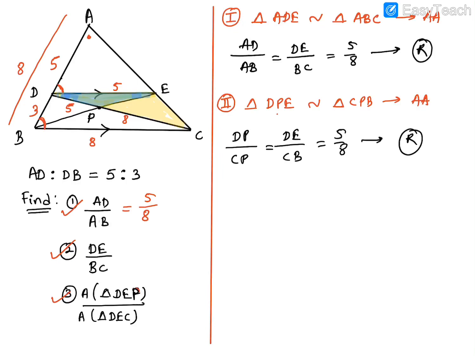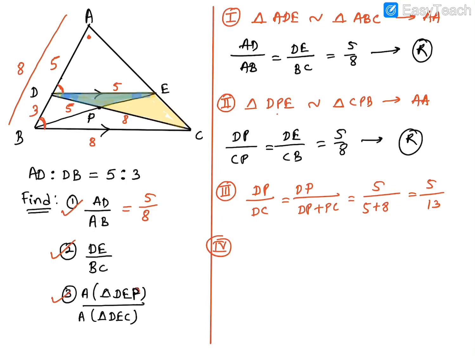Okay. Now see, if I say that in the third part, now I can say that DP upon DC is equal to what? DP upon DP plus PC, which is equal to what? 5 upon 5 plus 8 is equal to 5 upon 13. So DP upon DC is equal to 5 upon 13. Now comes the fourth part. Now, okay, it's a little challenging. So area of triangle